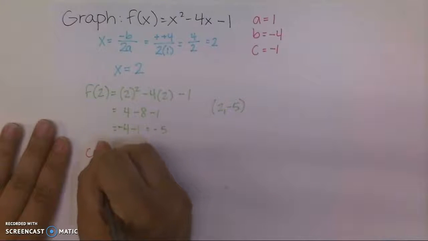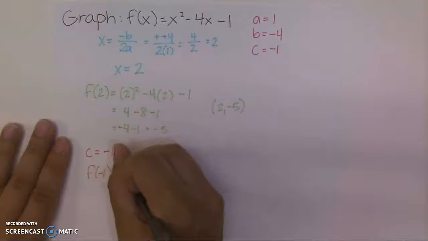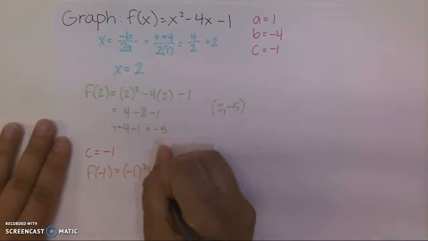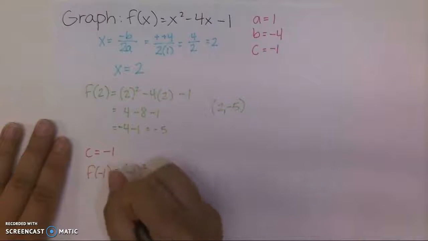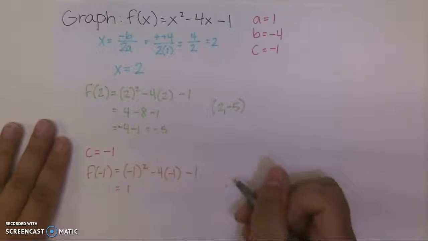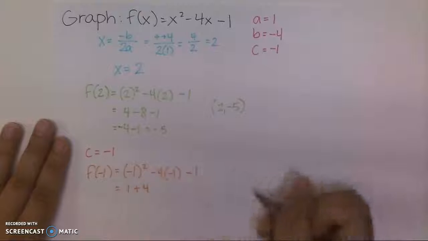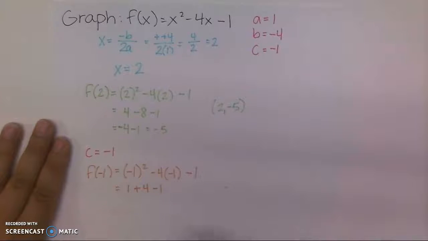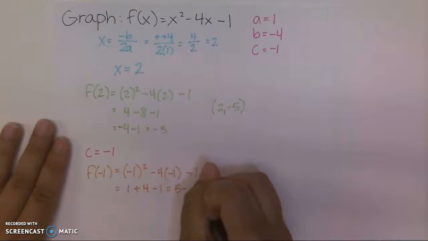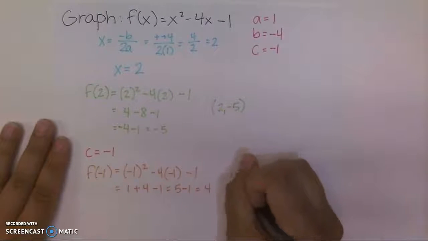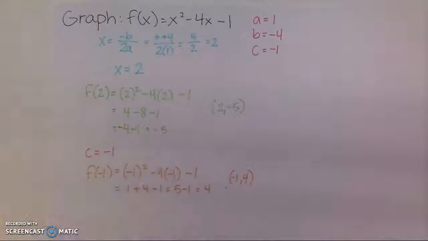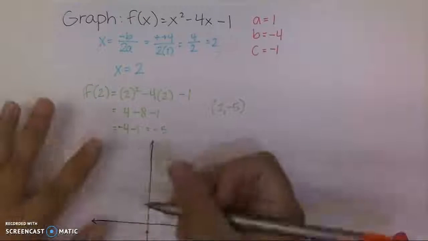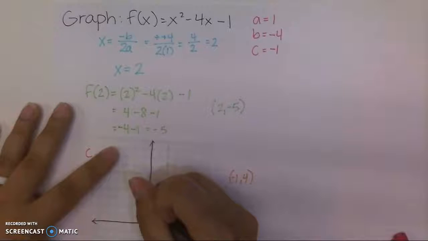So f of -1 equals -1 squared minus 4 times -1 minus 1. So -1 squared is 1. -4 times -1 is +4 minus 1. So that would be 5 minus 1, which is 4. So my ordered pair would be -1, 4. So on my graph, I'm going to plot -1, 4,